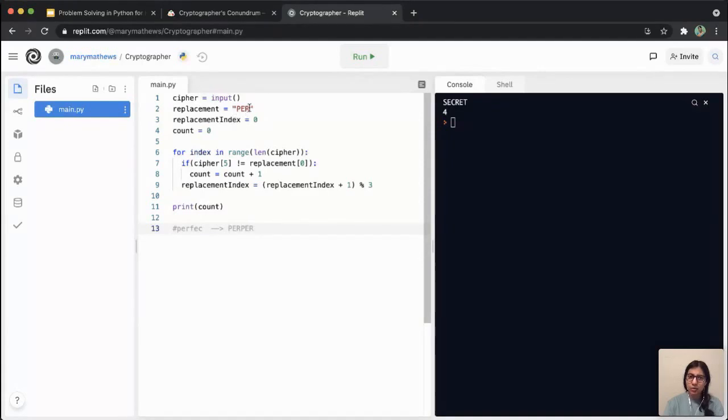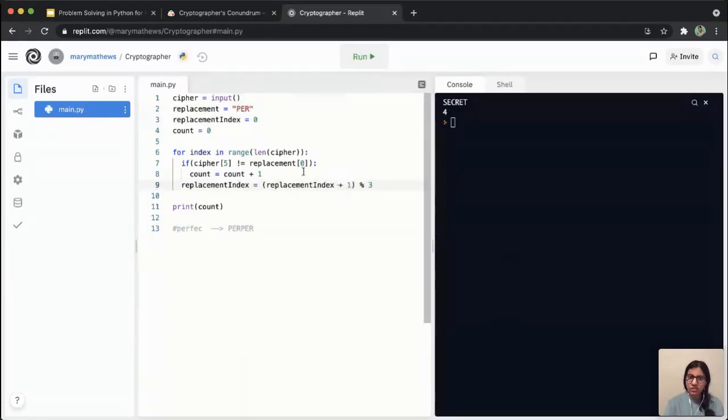Then I want to check if this same thing is equal to the next 3 characters of my cipher string. So my cipher string has now become 3, 4, and 5, right? F is 3, E is 4, C is 5, the index of those characters, I mean. But this index remains 0, 1, 2, okay?